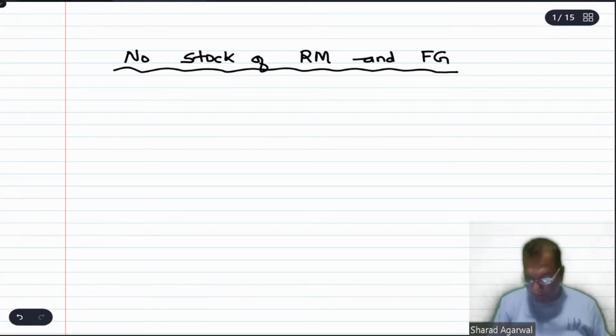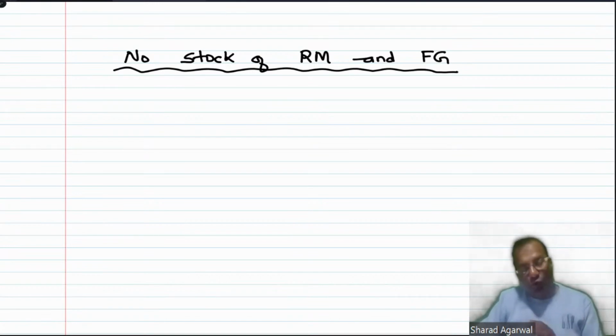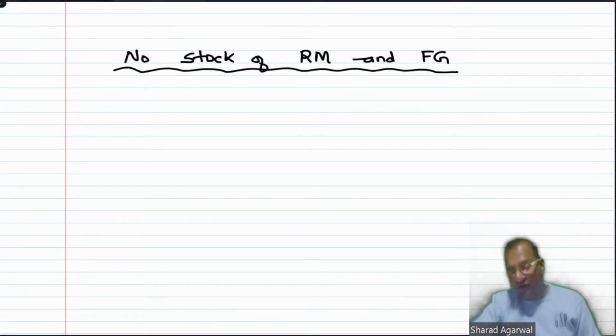That we are not maintaining any stock of raw material and finished goods, and whenever we require raw material, we will purchase that raw material; whenever we require finished goods, we will purchase that finished good. So that is not the case of just-in-time system. It is a totally wrong misconception that in just-in-time system we will not be having any kind of raw material and any kind of finished good. We will be having the raw material, we will be having the finished good,